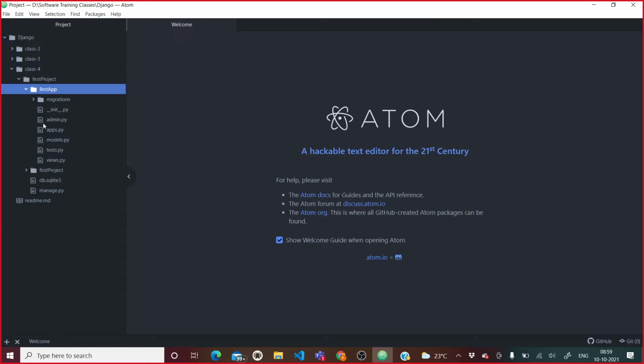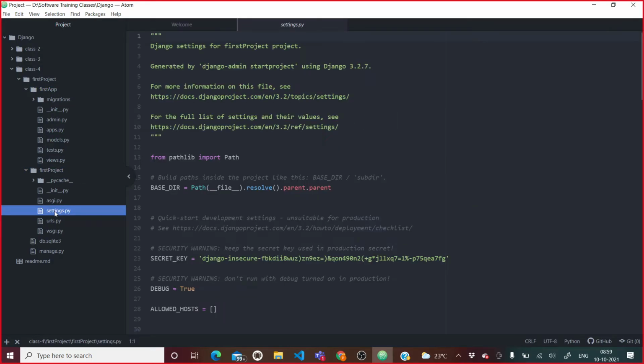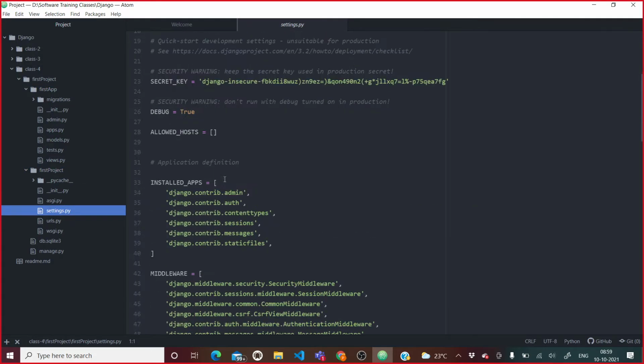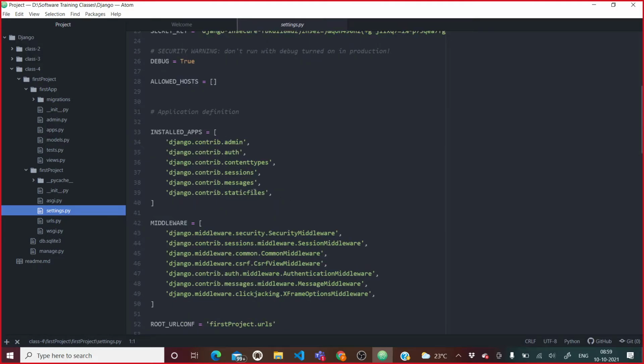Here is our application. Now we need to go to settings.py, not in the application but in the project folder. Here you can see different applications already installed, previously written by the Django developers and attached here.